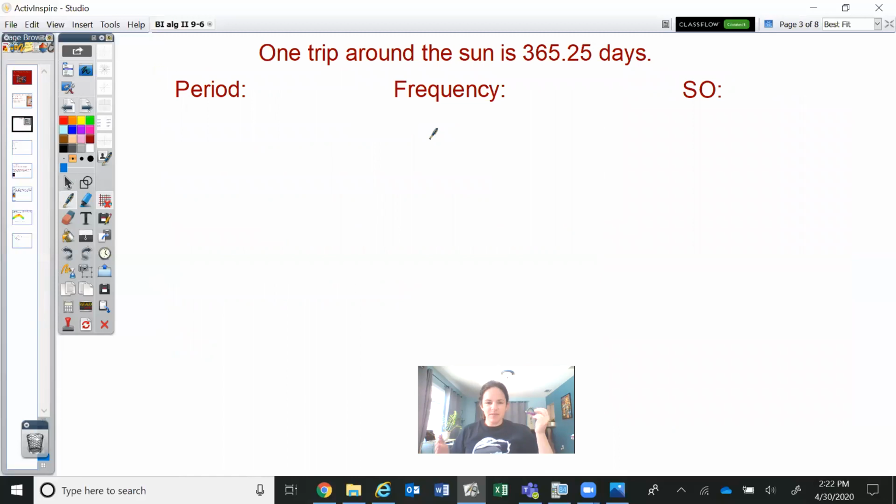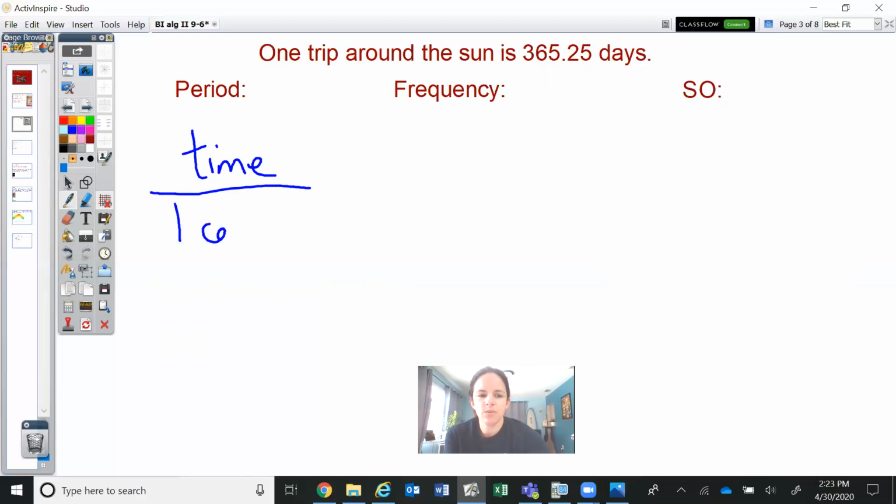Before we do that, I want to make sure that you know the vocabulary words of period and frequency and how they relate to each other. So period in general, if we think about the sine or cosine curve that we did last section, or in 9.4 actually, the period is the amount of time on the x-axis that it would take for one complete cycle to occur. So if we think about the period as the time per one complete